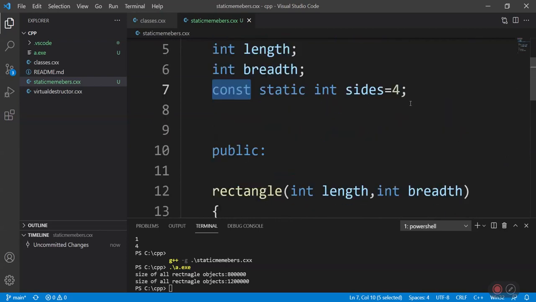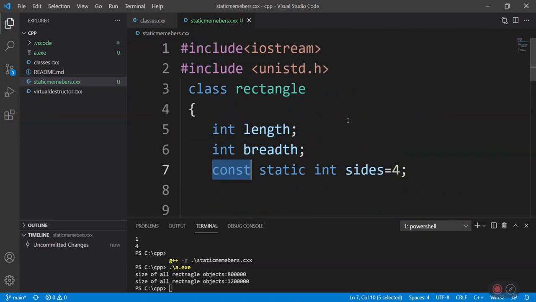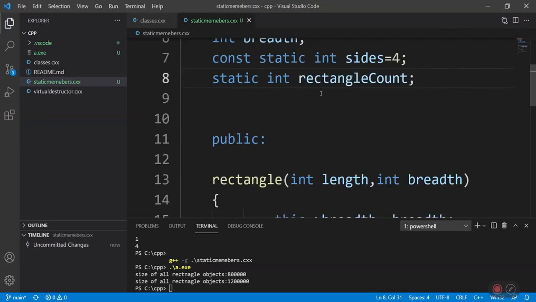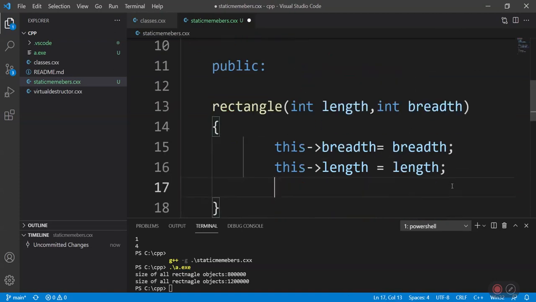Let us make use of one more static member which will count the number of rectangle objects created. Static int rectangle count. Whenever a new object gets created, we go and increase the count inside the constructor.